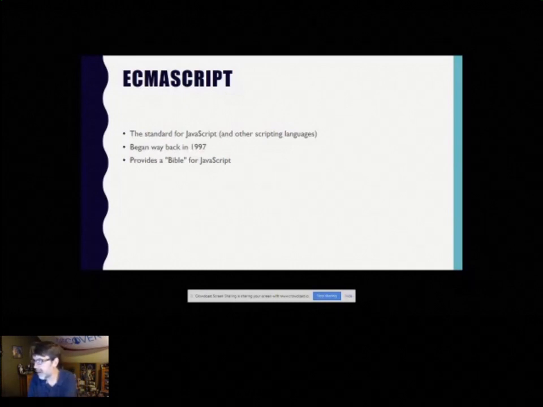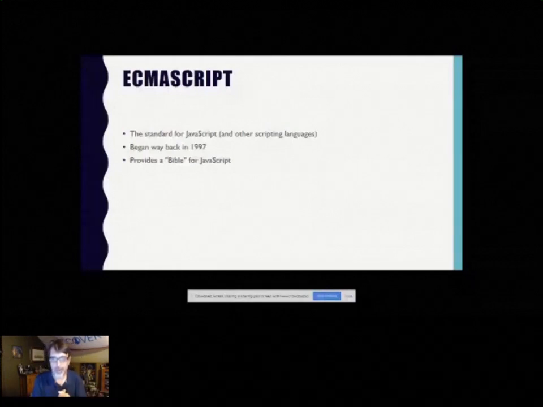So we have an official standard, but you cannot assume that your browser is going to match that 100%. And you shouldn't consider that as a huge, giant failure of all the browser companies out there. This process is complex. It takes a lot of work. Browser vendors don't necessarily have the same type of schedule as the people working on the standards. And yes, in some cases, there are competing business needs and things like that that get in the way. The good news, though, is that in general, the browsers are doing a really, really good job of matching this standard.